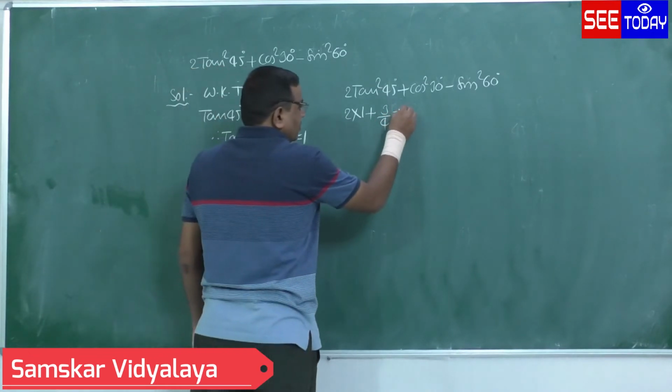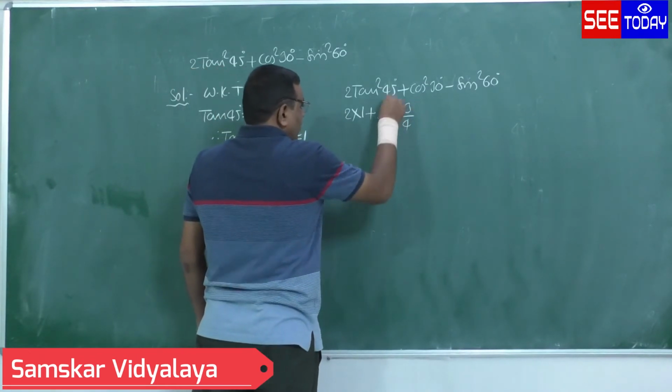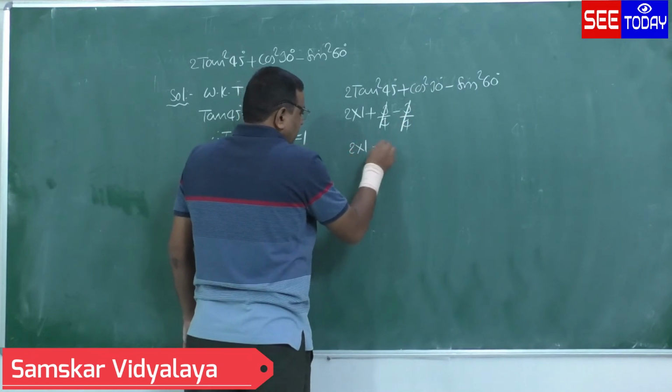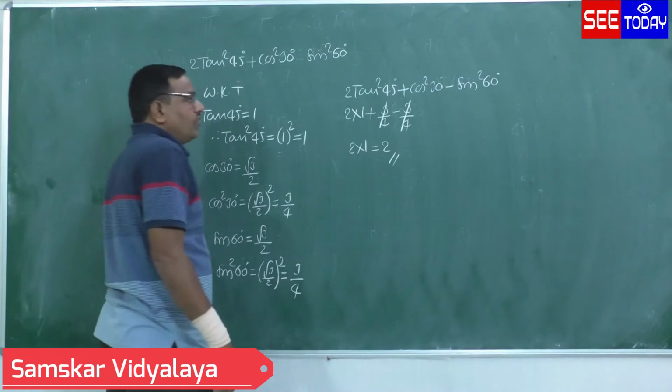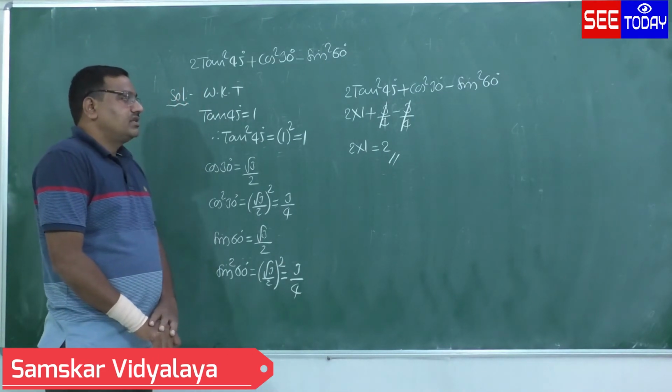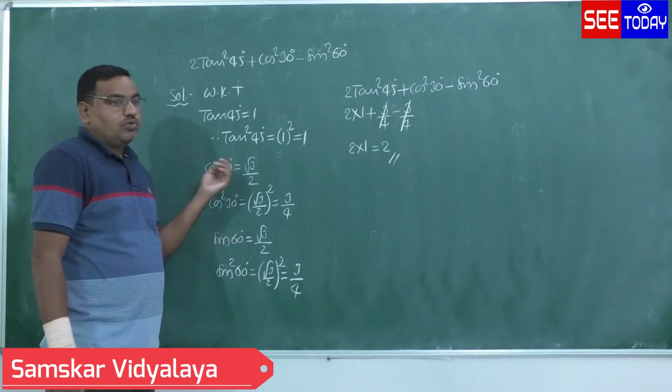Sin square 60 is equal to minus 3 by 4. Plus 3 by 4 minus 3 by 4 cancel. 2 into 1 is equal to 2. Therefore, 2 tan square 45 plus cos square 30 minus sin square 60 is equal to 2. That is the answer